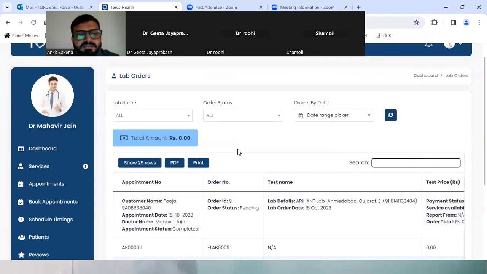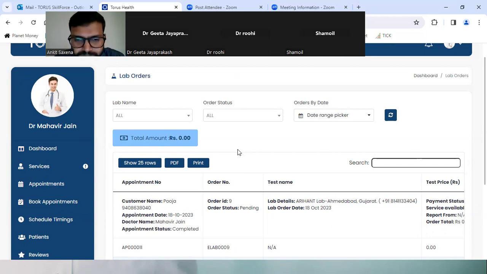Ankit, I have a query here. Yes. I, Dr. Geeta, saw a prescription of Biotech's liver cleanse. So, are all products of Biotech's available on the Torus Health platform, or do we need to give a prescription to the patient and tell them directly to go to Biotech's website and book it? Or if the patient is booking via Torus Health, will the patient be getting any particular substantial amount of discount for Biotech's products? Yes, ma'am.